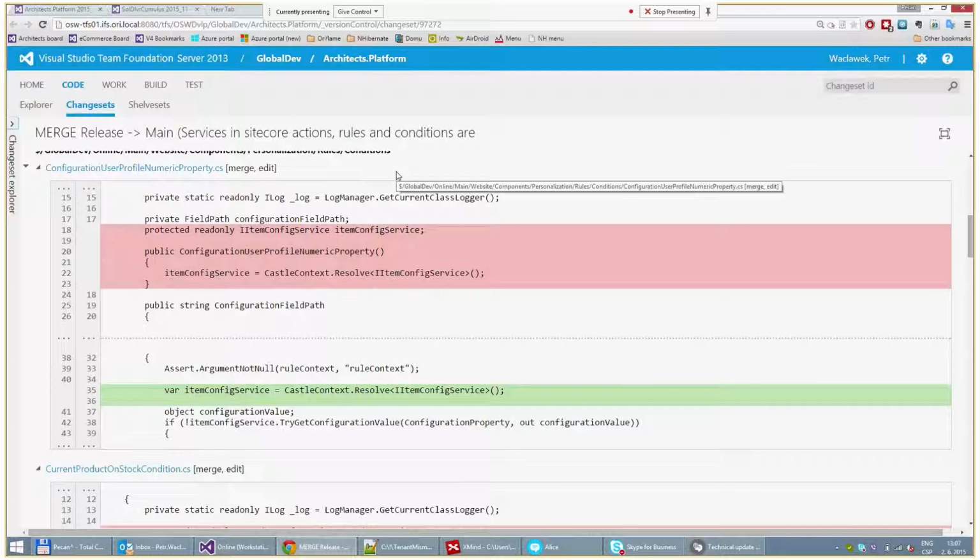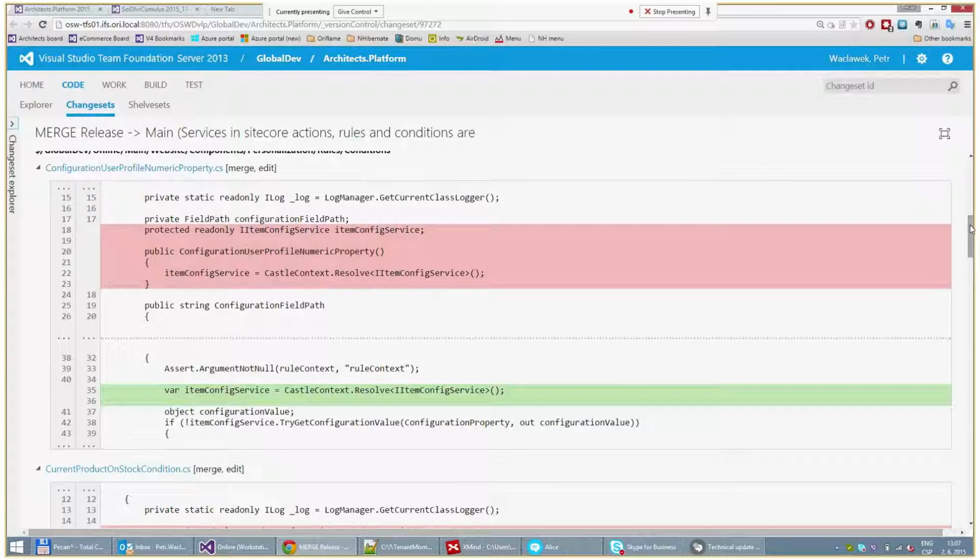So I have just a small remark about hunting the wrong tenants in cache. We have succeeded to find another guilty part of the system, and this was in rules and conditions and actions in Sitecore. I have found that those are cached simply by the Sitecore engine, and it is cached independently of the tenant. So there's one cache for all sites defined in Sitecore, which holds the instances of rules and conditions